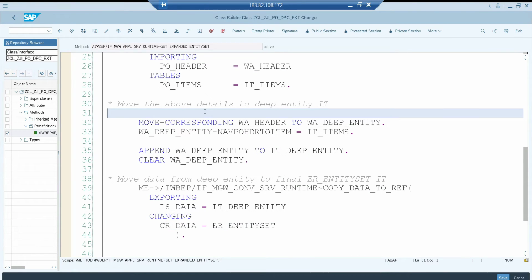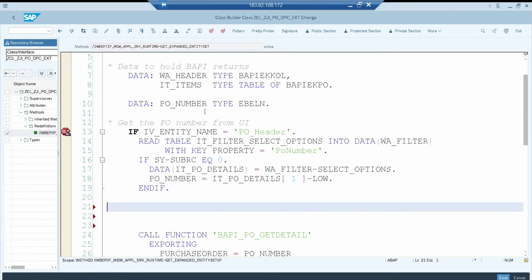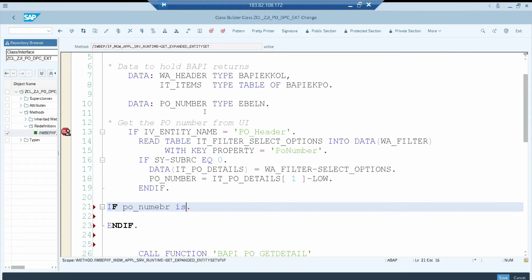And everything is, you don't worry, you don't remember it. So easily we can refer to it instead of copy paste also, you can refer to it. So what I'm going to do is let me have an exception here. So if PO number